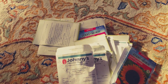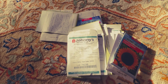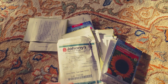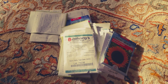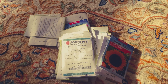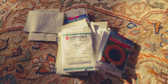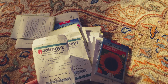But what happened with me is I wanted to try doing some fall planting to see if some of these flowers would overwinter in my zone. And these are called cool flowers, and typically you grow them in the summer, you transplant them in the early fall, and then they will grow a little bit and then produce for you the following spring. And you're supposed to get better results with that rather than planting in the early spring. And it really depends on your growing zone, but I'm in zone 6A, and I chose some feverfew seeds to try to grow